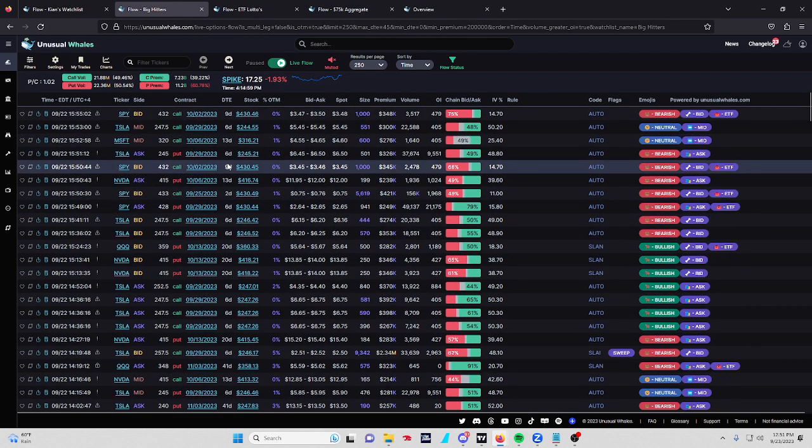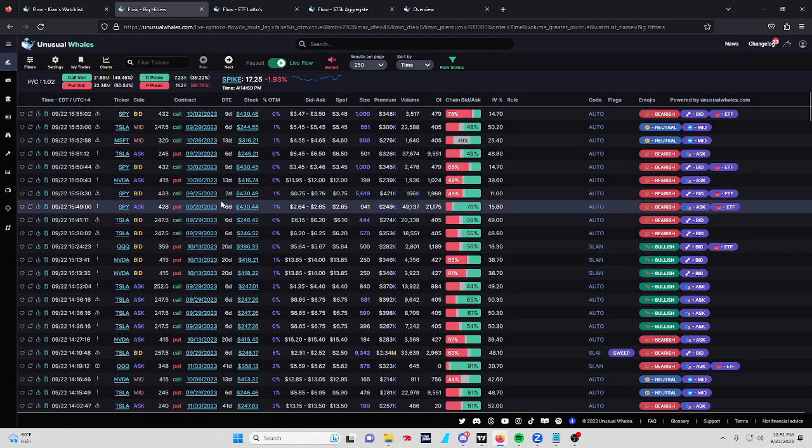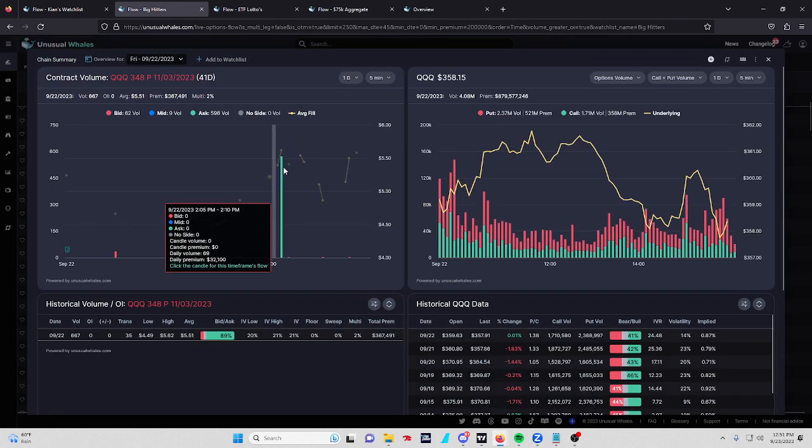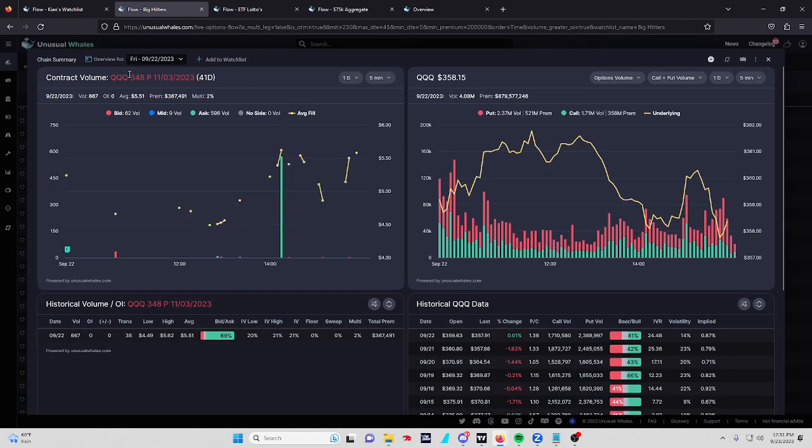So ETF flow, this is what I call bad flow. Not bad, but noisy, right? It's very noisy. Because if we look at SPY, right? If we just go to like a regular QQQ or SPY, like this one is pretty clean, right? But here's the thing with ETFs. So much premium goes on, and it's so liquid that